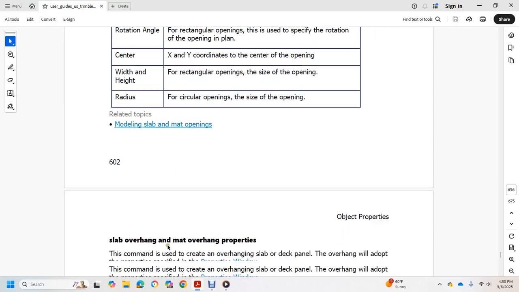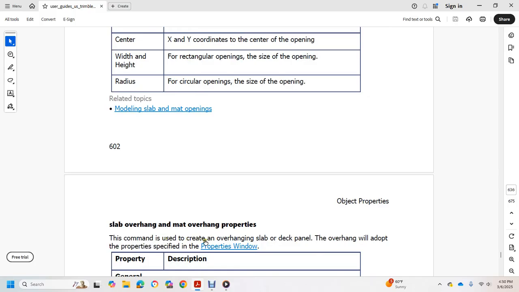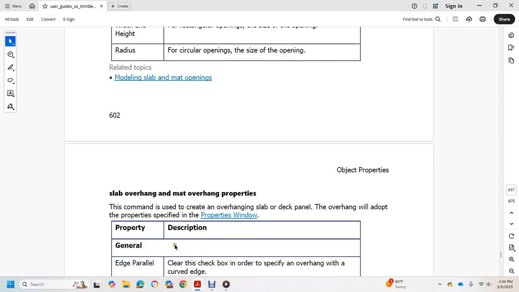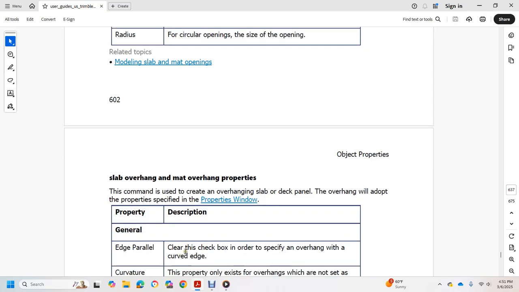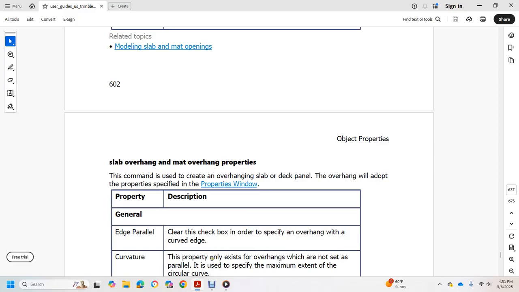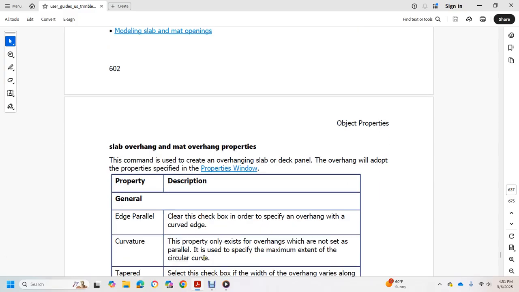Modeling slab, mat opening, slab overhang, mat overhang. Property: copy view of the create overhang slab, deck panel. The overhang will adopt the property spec from the property windows. Property description, general, edge, pair wall. Check the box for the spec for the overhang with the curve edge. The curve property only exists if the overhang is not set for the pair, with the use of specify with the maximum extent of the circle or